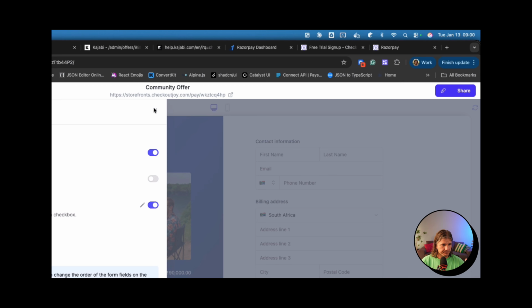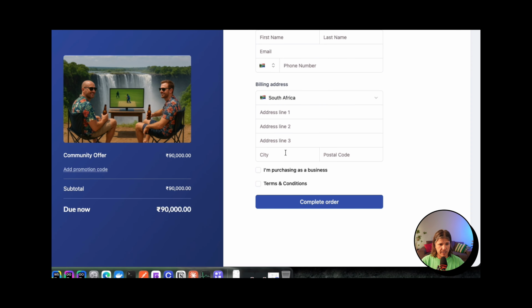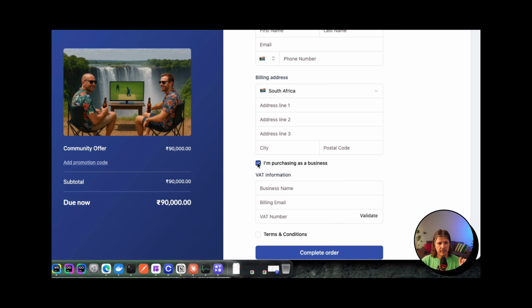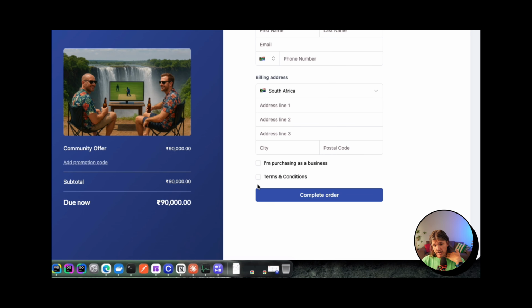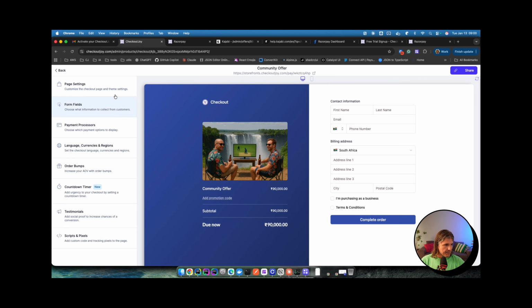So there you go. Now you see our checkout has the billing address. You can add VAT information, if your customer is buying from a business or as a business, and you can edit your terms and conditions, add your link to your website and everything. Okay, on this side,